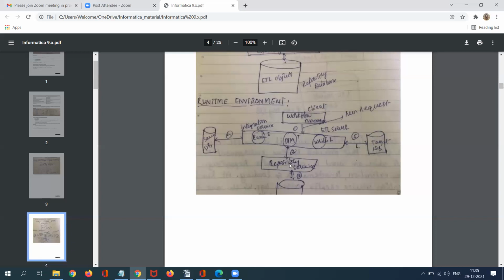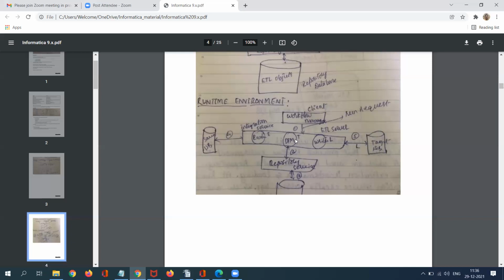Once it responds to the repository, it will give information to your data transferring manager. Yes, source is available, target is available, and whatever code you have provided, everything is validated. We are ready to run your data.